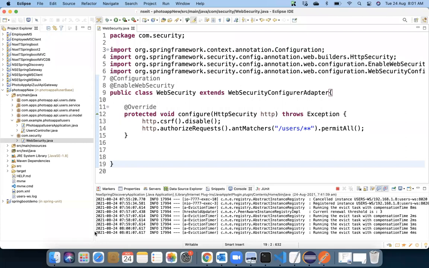Everybody, please confirm what the status is right now. Is it working fine, or is anybody facing any issue? Guys, please help me with the status.